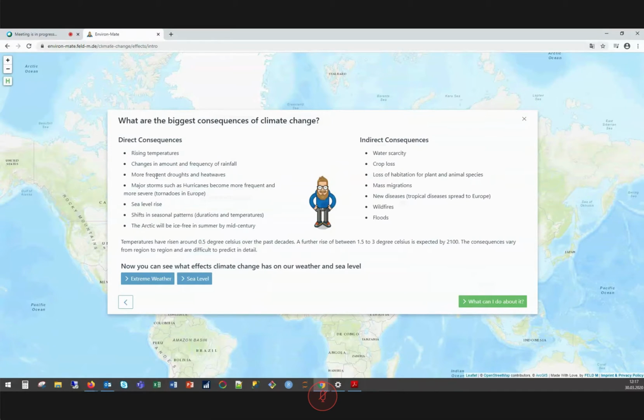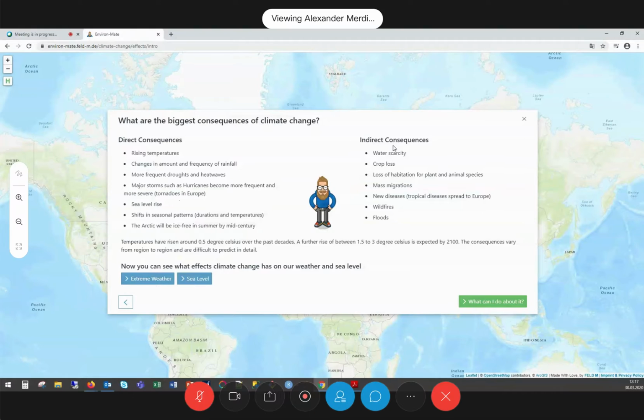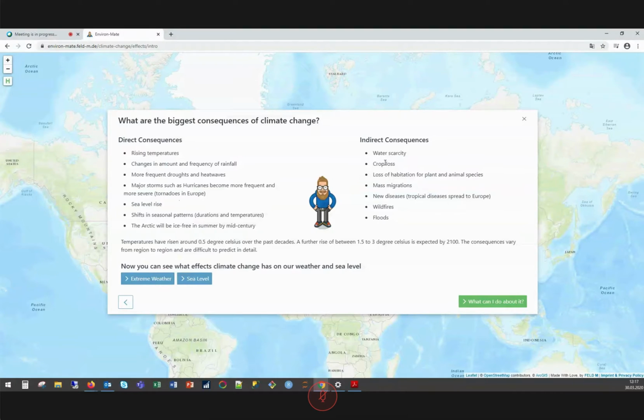So here we listed some common consequences, like rising temperatures, of course, changes in the amount and frequency of rainfall, more frequent droughts and heat waves, and so on and so forth. There are also indirect consequences of climate change, like more extreme weather, mass migration, crop loss, water scarcity, and so on. And so we have analyzed two possible consequences out of this list.